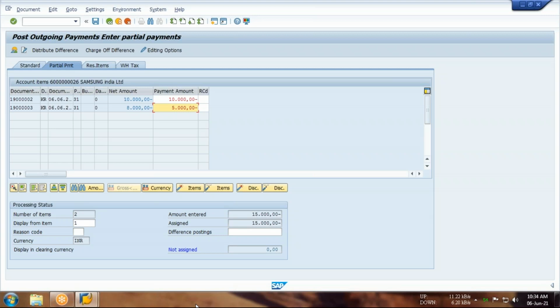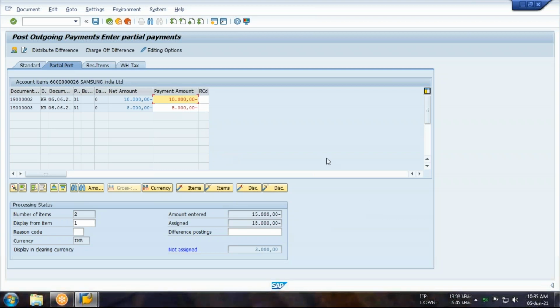And now you can see 15,000 is equal to 15,000. Guys, have you understood what I have done over here? If you are going to adjust the remaining amount with this, you just come and double click on this. So it will be automatically adjusted. And if you say, no sir, just clear this bill totally, 8,000, and the remaining amount should be adjusted with this, you just click on this amount. So it will be automatically adjusted.